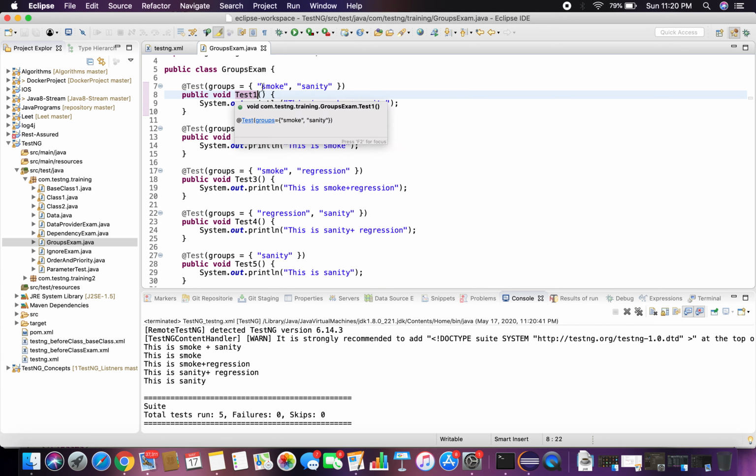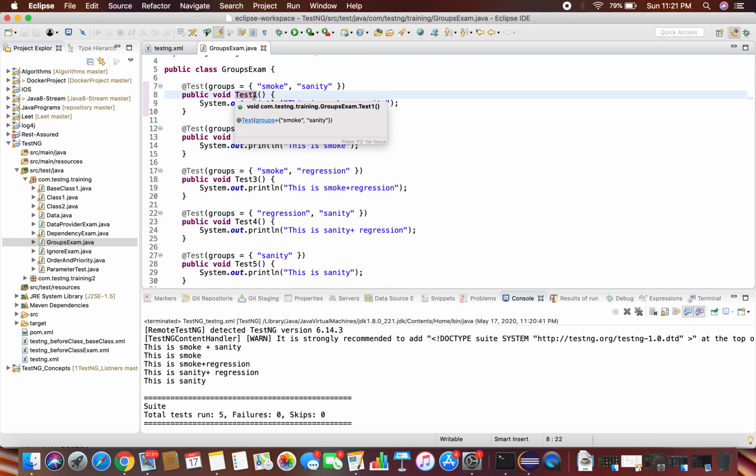See, test1 is part of a smoke and a sanity. Don't get confused whether, okay, I marked this particular test1 as a smoke and as a sanity. When I run this, including both the smoke and sanity, this will not run twice. This is going to run only once. Though this particular test is mapped with multiple test suites like smoke and sanity, or including both smoke and sanity, this test is a part of both suites. Still, TestNG identifies it only once and it will execute. Okay, it will not execute twice.